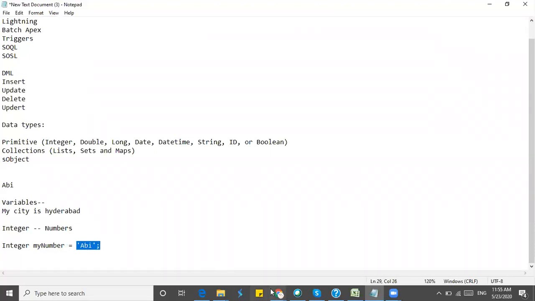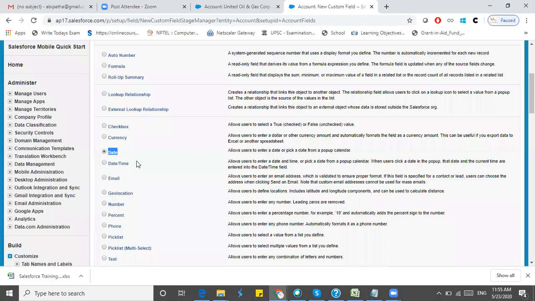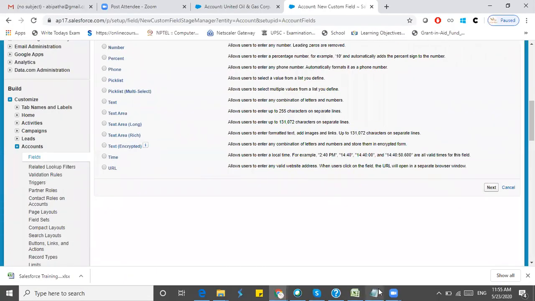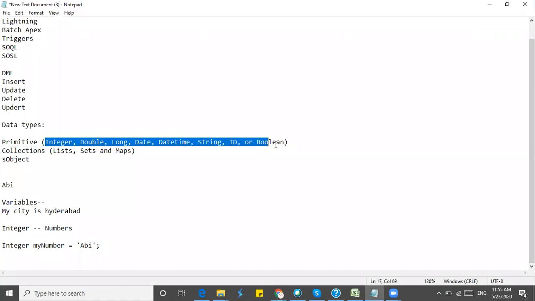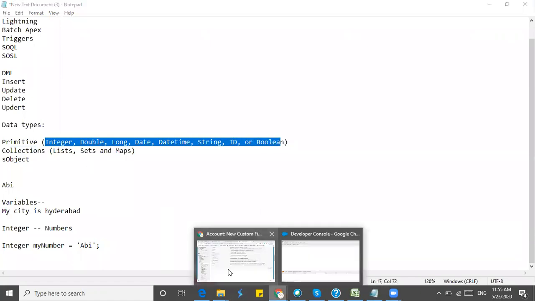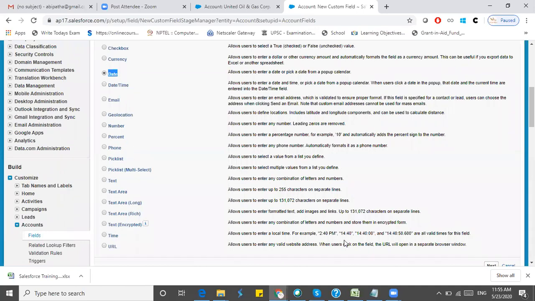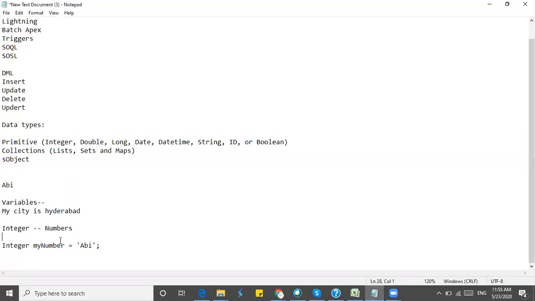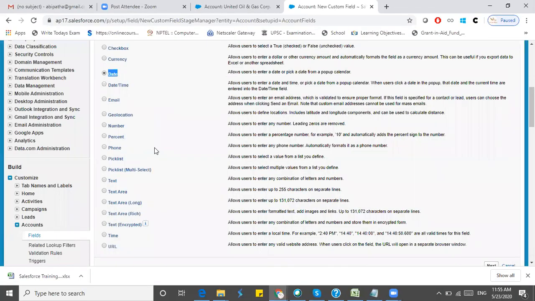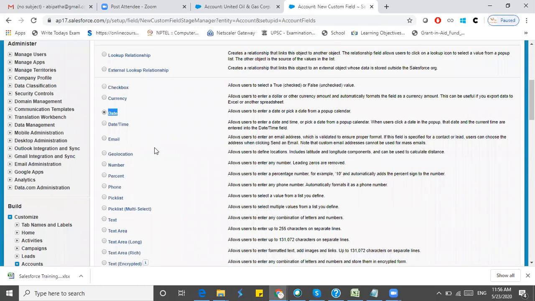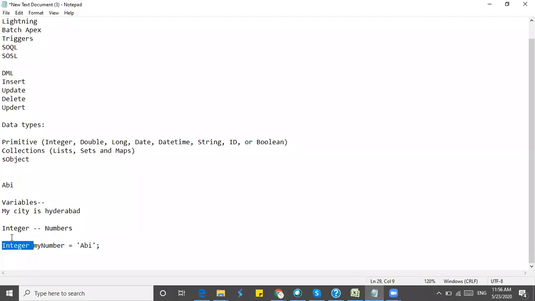In the same way, what type of fields can we save where? We have different data types in which we can save these field values. I'll be explaining parallelly. So integer: if the field is a number field, then only we can save that in the integer data type. This will be the annotation. You should not give it in single quotes. You will be giving the number.